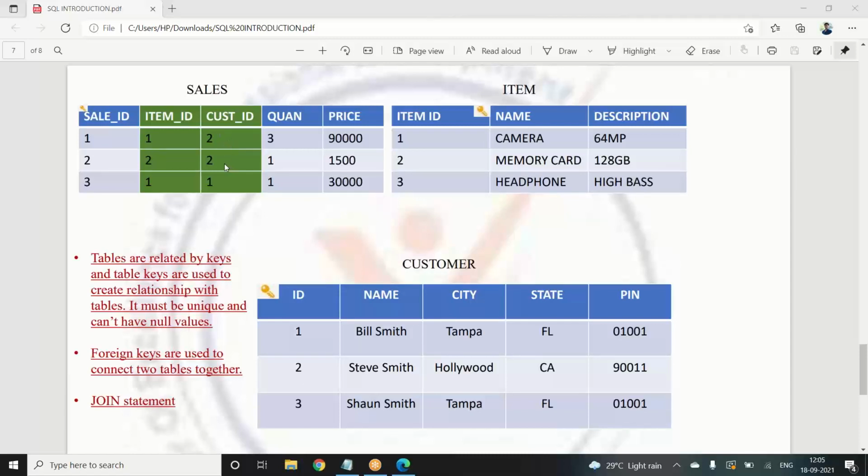Then we are referring to only one person. So when we click on 2, it will only say about Steve Smith, right? So if one person is buying one thing, then that is one record. If the same person is buying another thing, then the same person will repeat, and it will mention it as a different record.